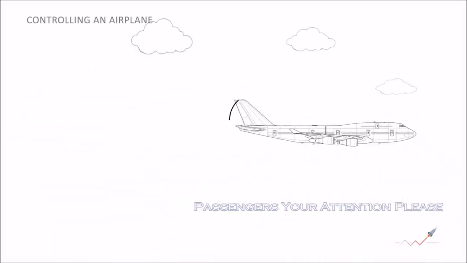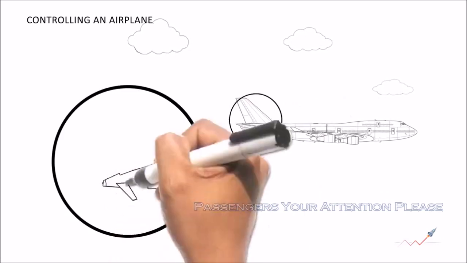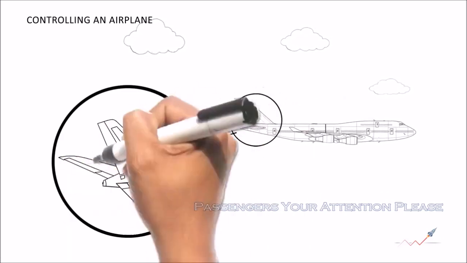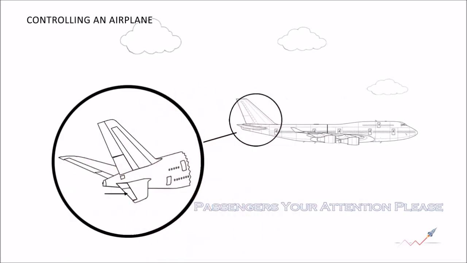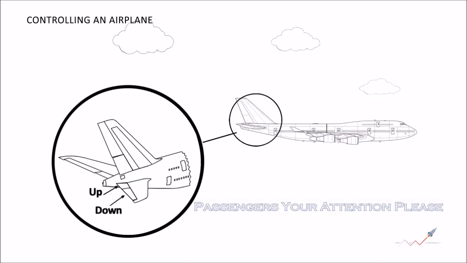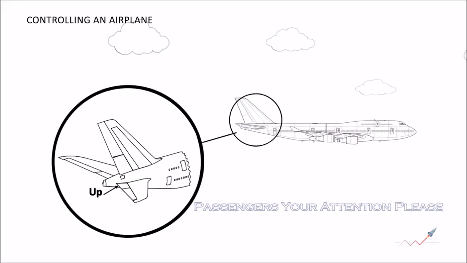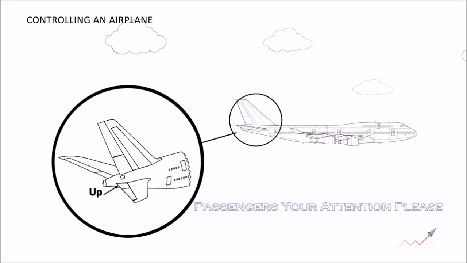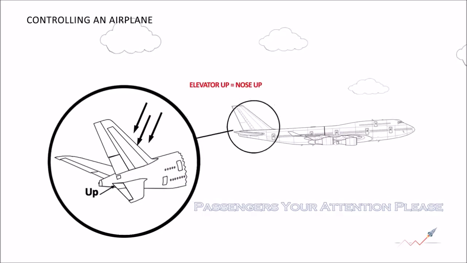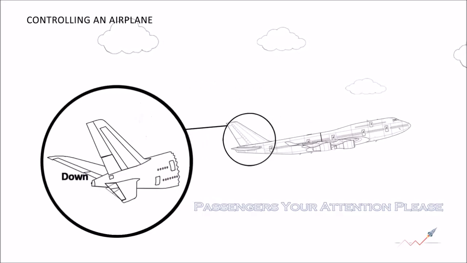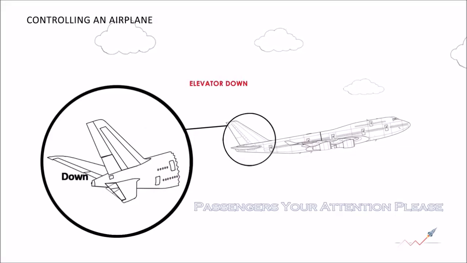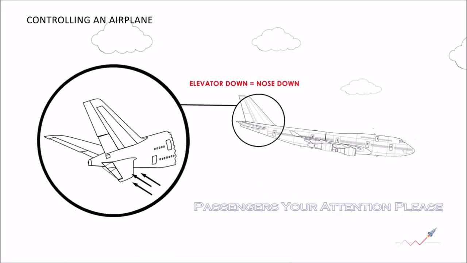Controlling the airplane. So what are the components in an airplane which control the flight, direction, and height, and maintain the equilibrium? It's elevator, rudder, and aileron. The elevator can be deflected up or down to produce a change in the downforce produced by the horizontal tail. If the elevator is deflected upward, it increases the downforce produced by the horizontal tail, causing the nose to pitch upward. If the elevator is deflected downward, then the counteracting force causes the nose to pitch down.